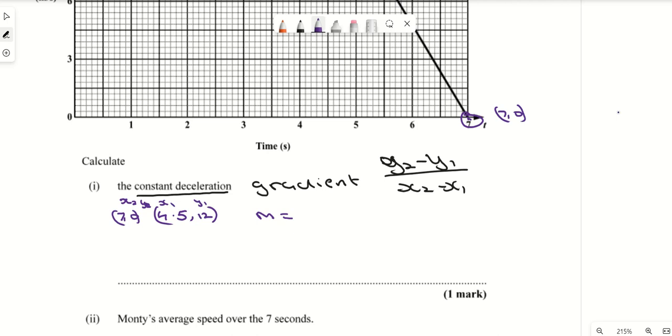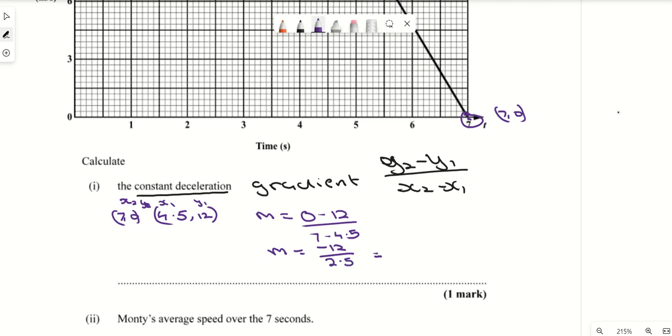So the gradient would be 0 minus 12 divided by 7 minus 4.5. So my gradient would be minus 12 divided by 2.5,